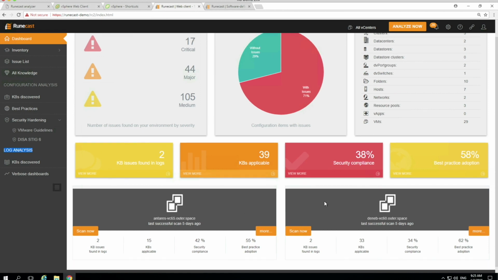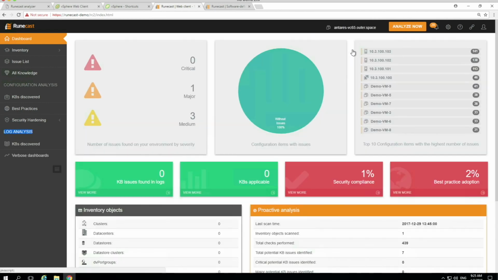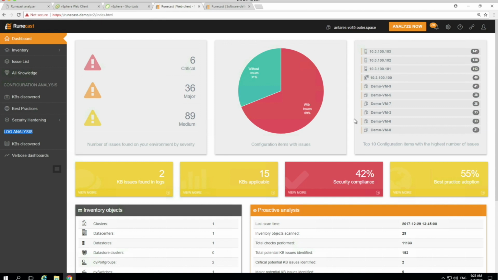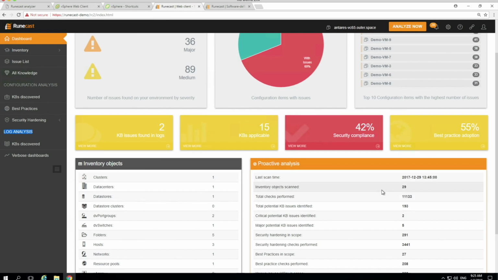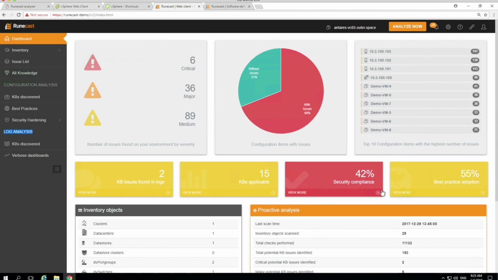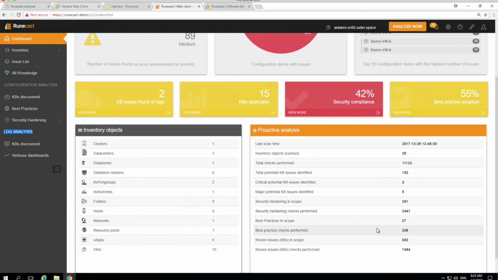You can drill specifically into a single vCenter, and then this is just a dashboard view, and that will give you more detailed information. So, for example, it's a really small environment here, 1 vCenter with 3 hosts. Runecast Analyzer has performed 10,000 checks in that environment, and the reason for that is one of the real powerful elements of the product is it's not just looking at specific configuration on single components. It's also looking at the combinations of components throughout the stack.